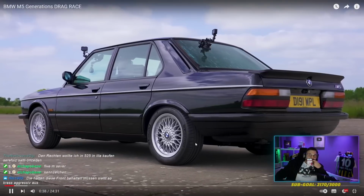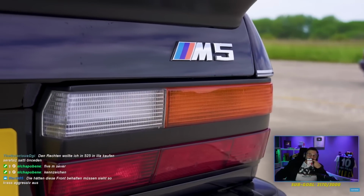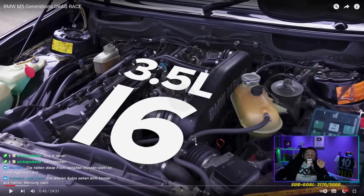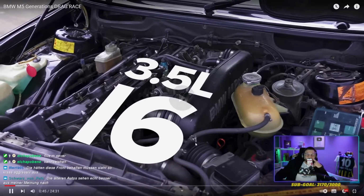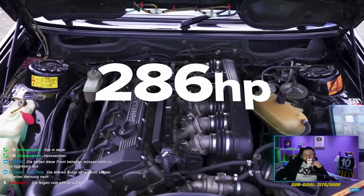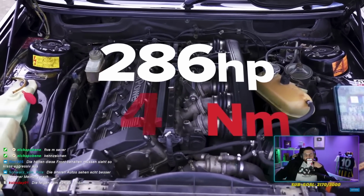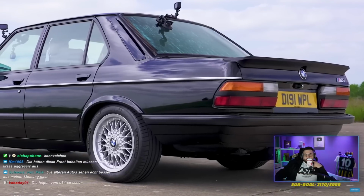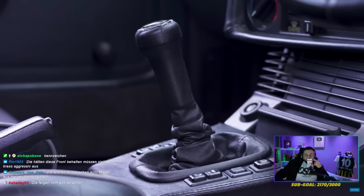The E28, that particular one, is a 1986 model year. It cost £31,000 back in the day. It's powered by a 3.5 litre naturally aspirated straight six engine that puts out 286 horsepower and 340 newton meters of torque. It drives the rear wheels only via a 5-speed manual gearbox and it weighs in at